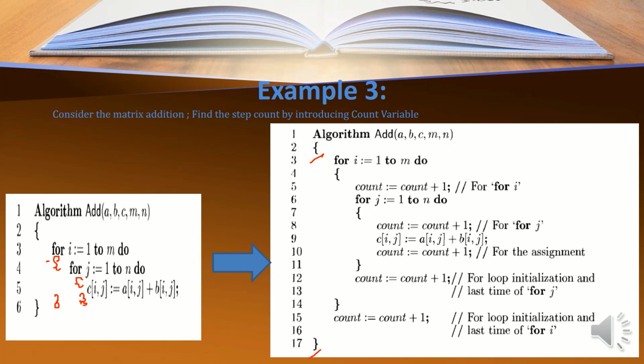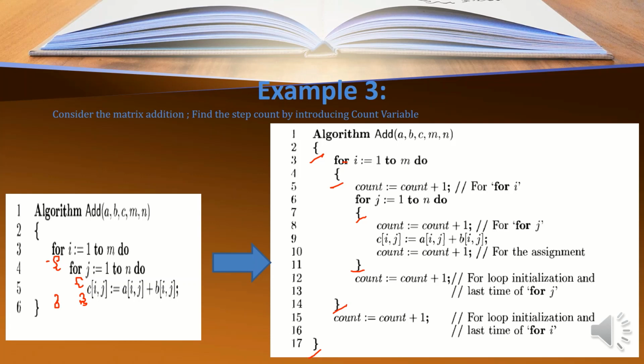Now let's introduce the count variable. For the first statement in the algorithm, that is the for loop, I will introduce one step count within the for loop.